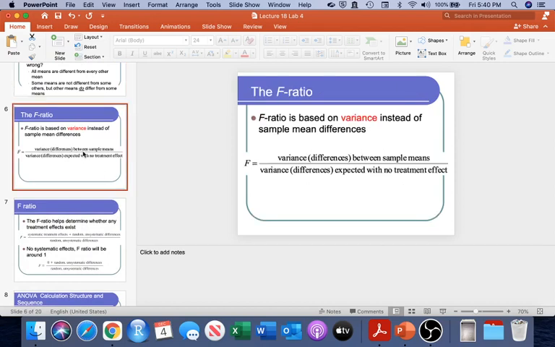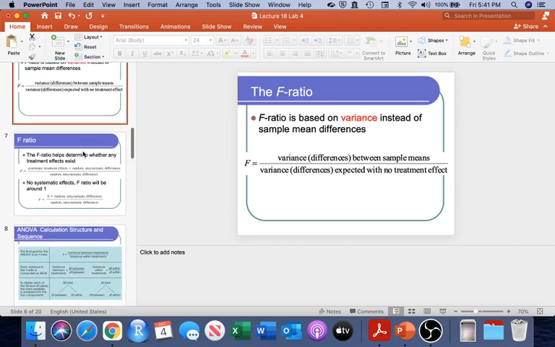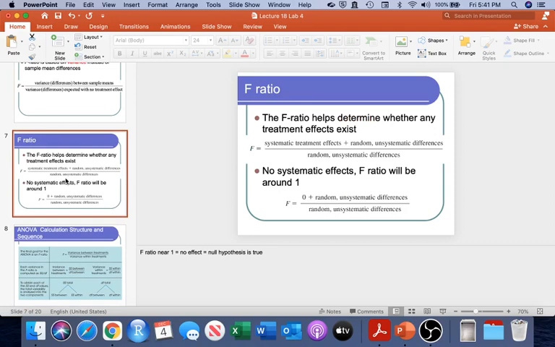Again, the F ratio is so important in ANOVA, right? This is how we know if a population is significantly different, or if we reject the null hypothesis. We use the F ratio. The F ratio is the variance, or differences, between the sample means over the expected differences with no treatment effect. The F ratio helps us determine if there are any treatment effects, and a larger F ratio, further away from 1, means that the differences you're seeing are due to treatment effects